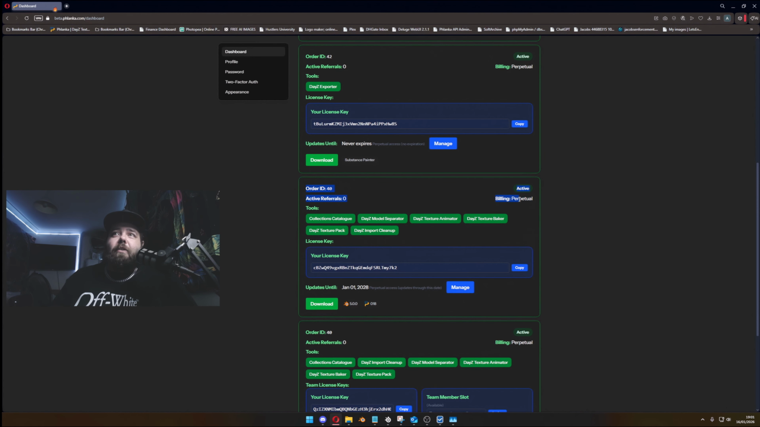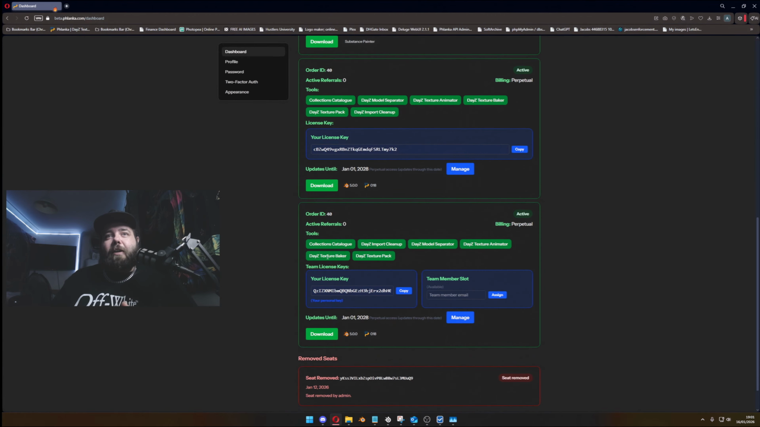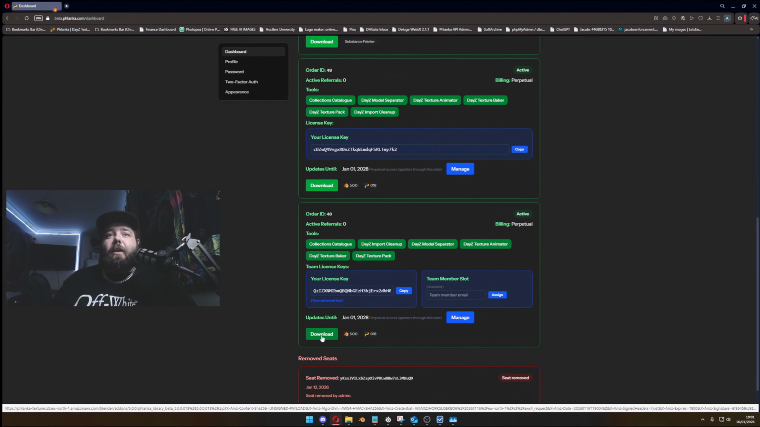So this is what the Blender one will look like, the Pro bundle, because it's got all the tools on there. If you had more than one seat, so let's say if you had an extra device license, then it'd be called now member slot. So if you're sharing your license with someone before, you can now get them to register a new account, and then you can assign the slot to them so they get their own unique license key to use. So I'm going to copy my license key anyway,